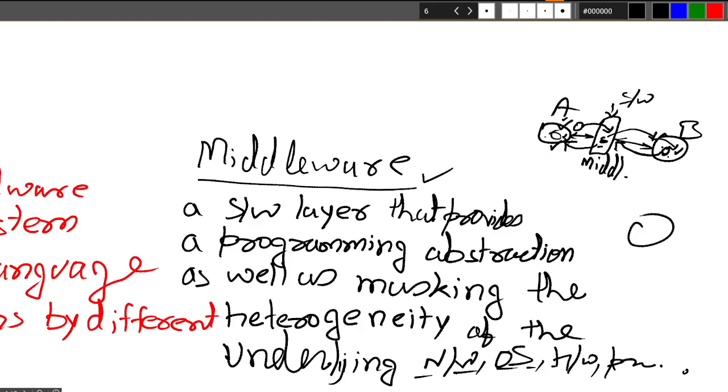Okay, so basically what I am telling you is, if we are standardizing some of the things using a certain software layer, we can call it middleware, so that the nodes can convert their format to a standard format, which can be easily understood by the other node.